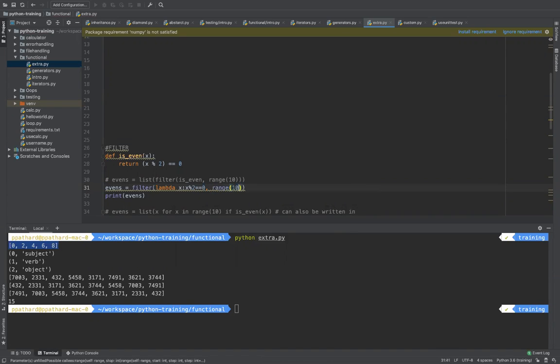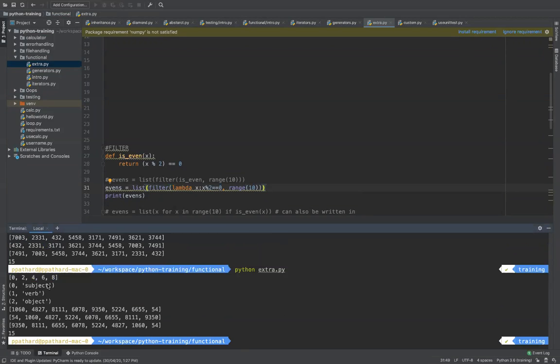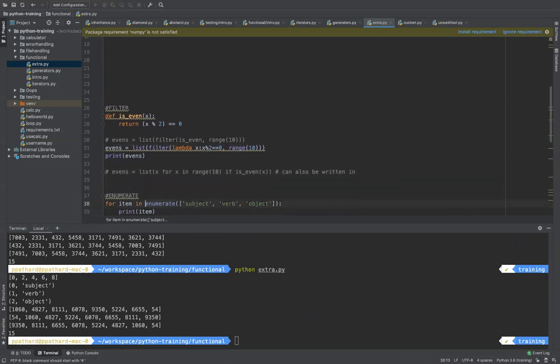Now I pass range of 10 to it and convert this to a list. Still the output should be the same, 0, 2, 4, 6, 8. So instead of writing this function, I converted this to a lambda function. Quite easy, right? You could also write this code as part of a list comprehension, which you can actually do. So this is about filter.